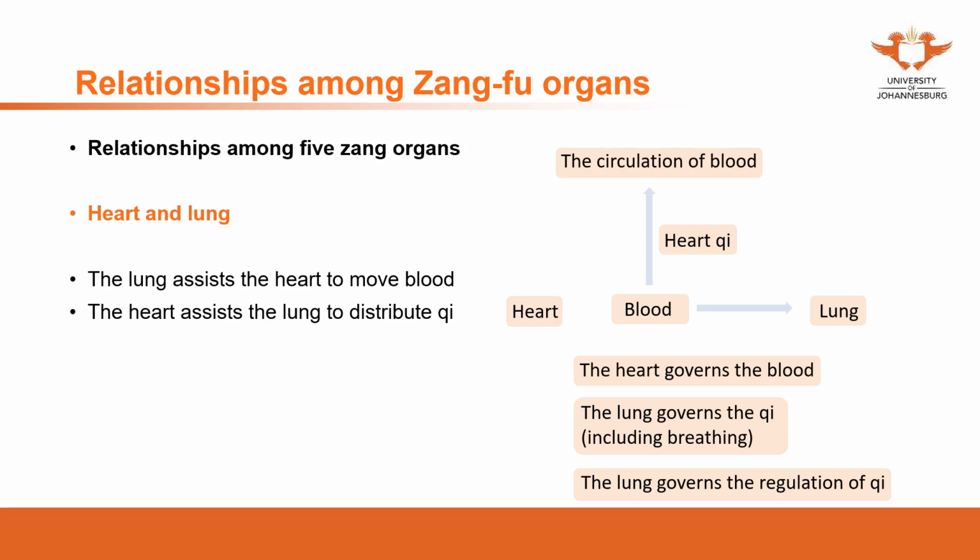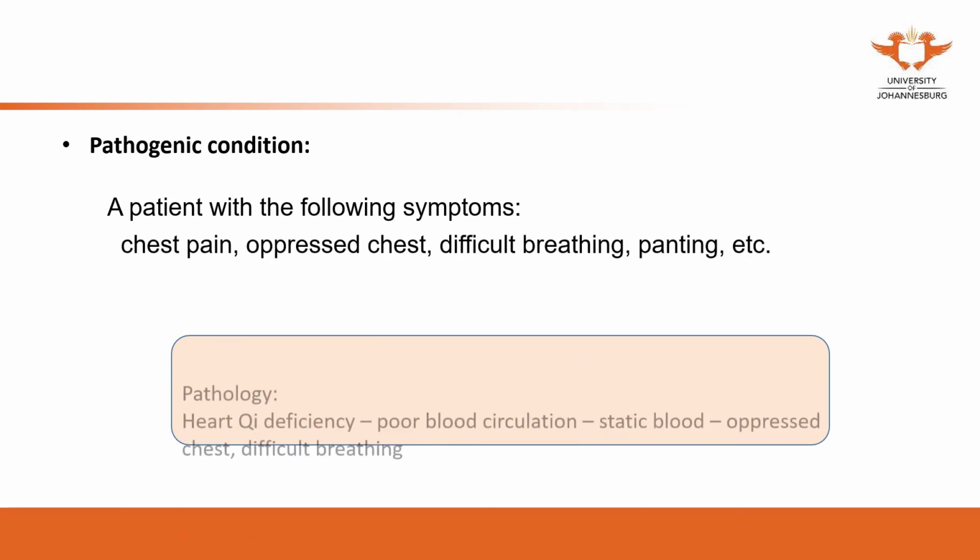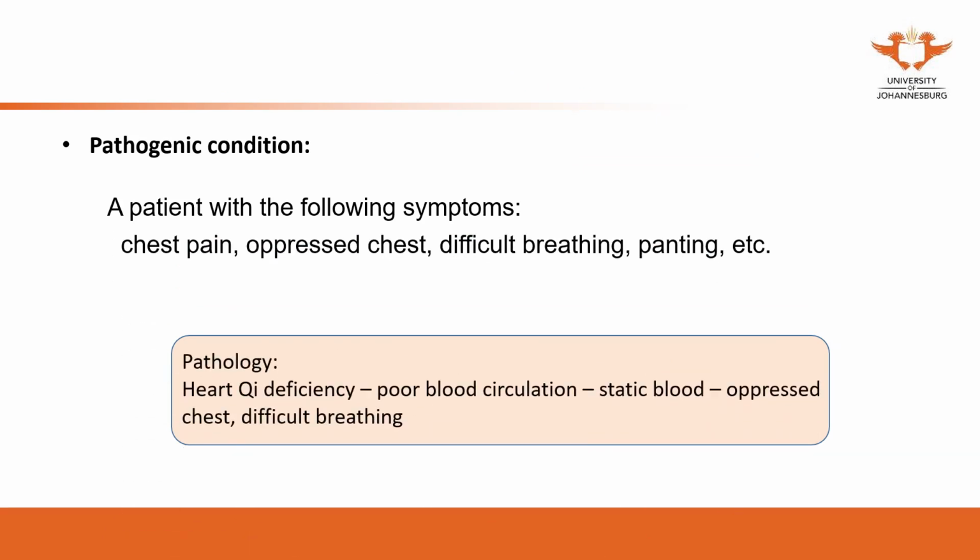So you can understand the relationship between different symptoms. Pathogenic conditions. A patient with the chest pain, oppressed chest, difficulty breathing, panting, in all these symptoms, if it happens in one patient,